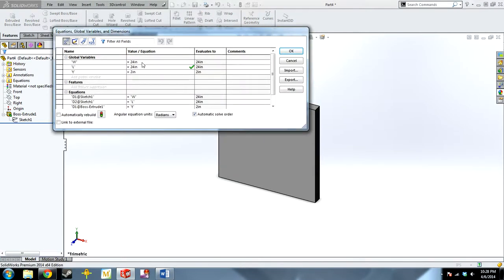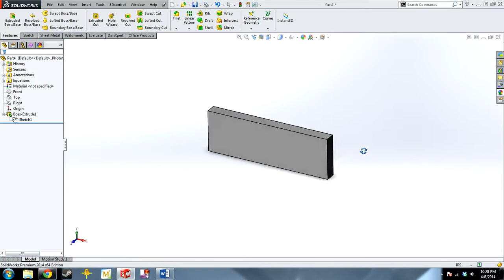So let's say we want the width to be 12 inches, and then we want the length to be 3 times the width. And then we want the thickness to be 1/4 of the width. Just enter the equations in, hit OK, and we get our part updated